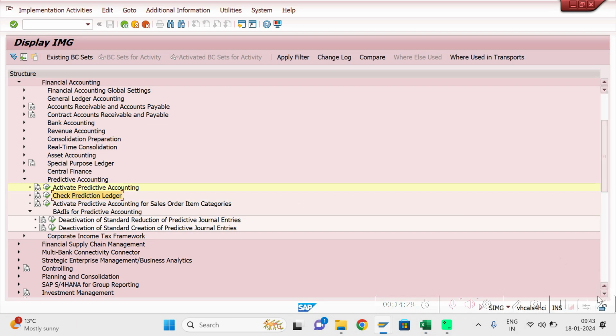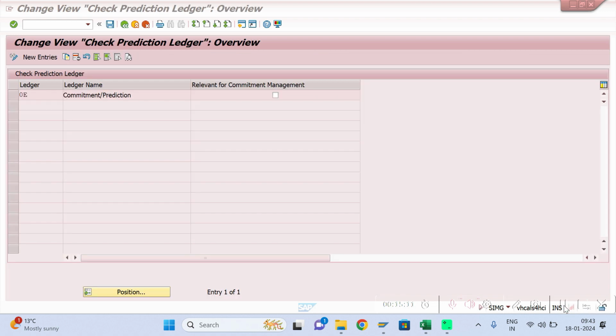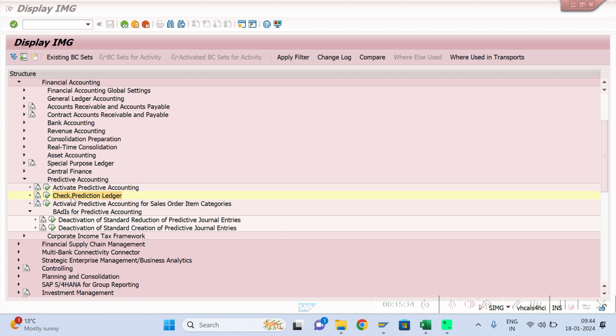Check predictive ledger. Now click here, check predictive ledger,